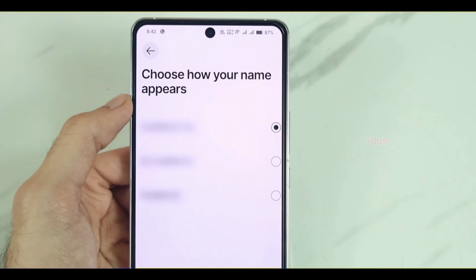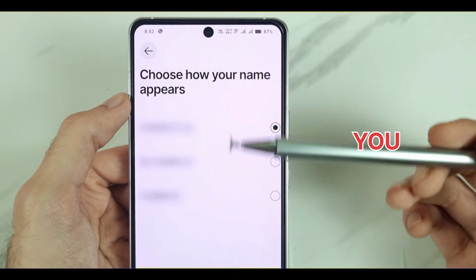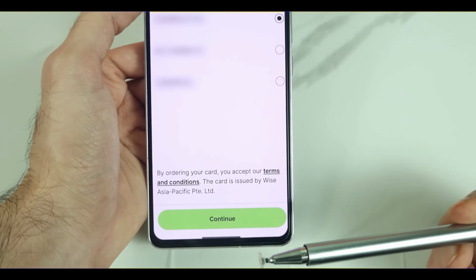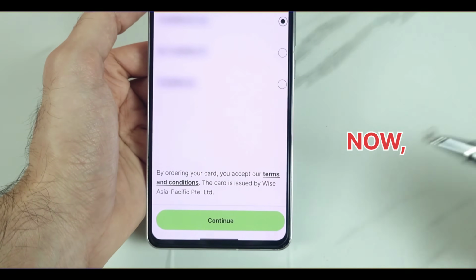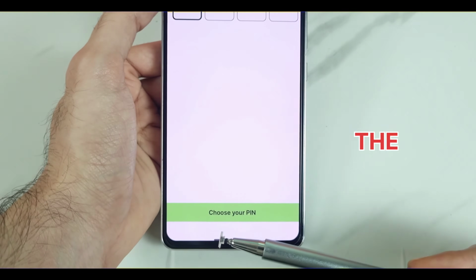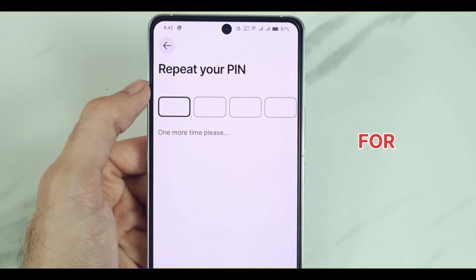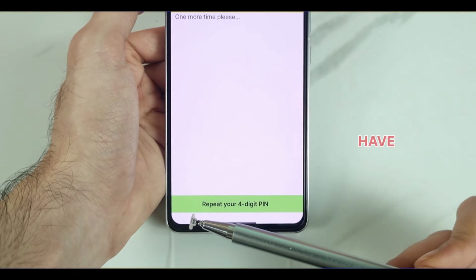So after providing your address, now they will ask you how your name should appear on your card. You can select from these available options and after that you have to click on continue. Now they will ask you to set a 4-digit PIN for your card. So after entering the PIN, click on choose your PIN. Now you need to repeat your PIN again for confirmation and after that we have to click on repeat